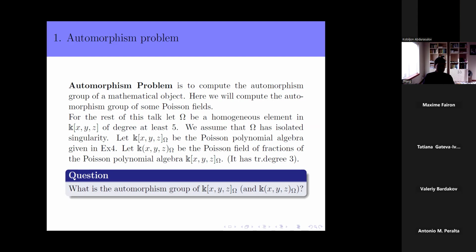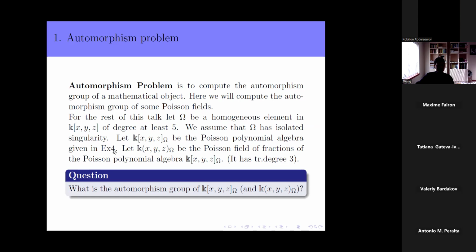So for the rest of the talk, we will take a potential omega to be a homogeneous element in the polynomial ring k[x,y,z] of degree at least 5. For degree 4 and lower, the theorem will be different. It's kind of more complicated. But for degree 5, we have some nice results. So assume that omega has an isolated singularity at the origin. Then the k[x,y,z] with omega, this is the Poisson polynomial algebra given in the